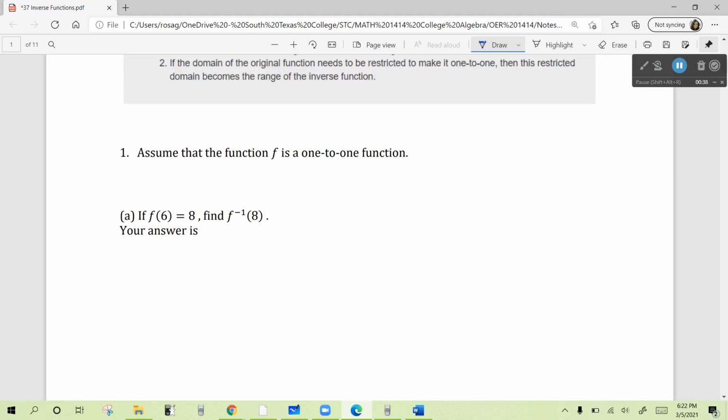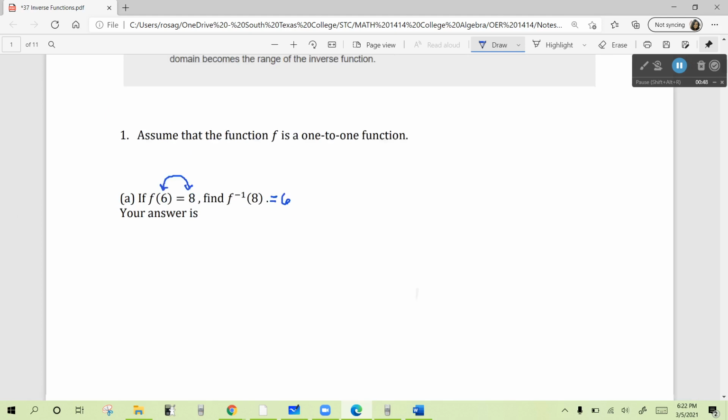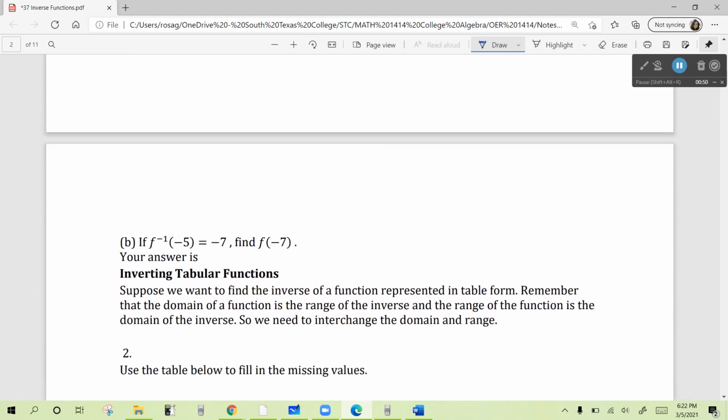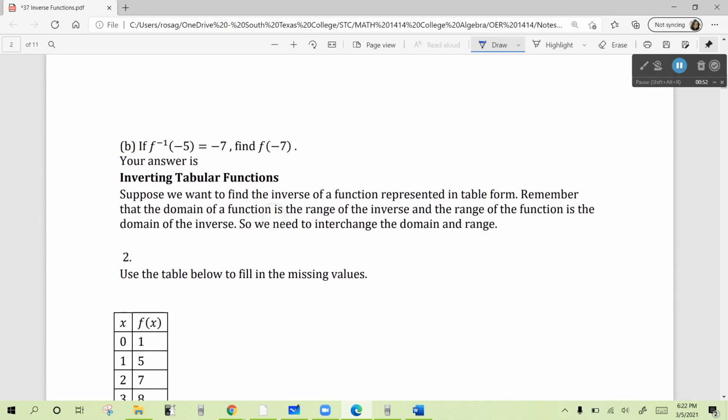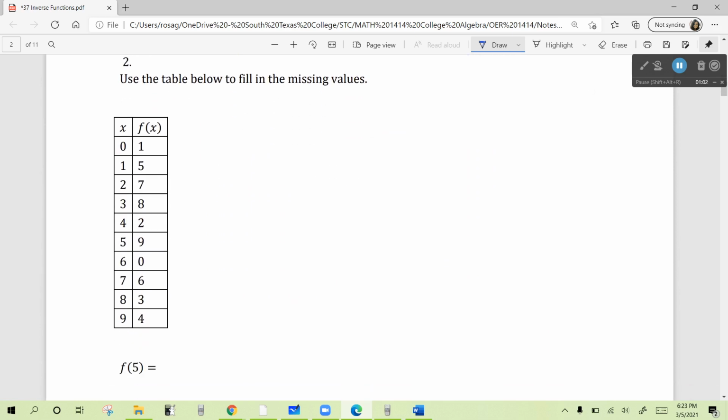Now here, this is a good one. If f of 6 equals 8, what is the inverse of 8? That would be 6. Basically, they flip. The thing here is the same thing. If the inverse of -5 equals 7, then f of 7 must be -5. If there's a flip. When you have a table,